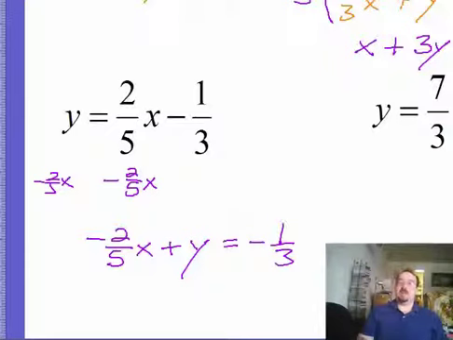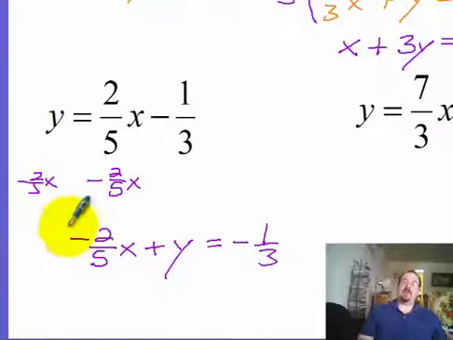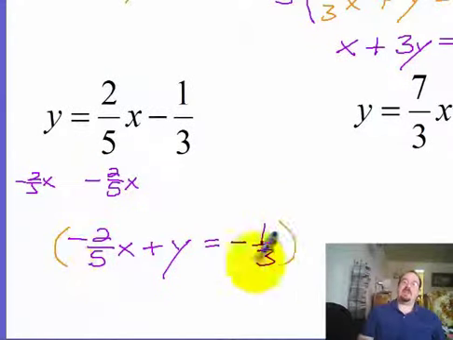Now, for this problem, I have two things I need to get rid of. I have to get rid of a 5 and a 3. If I find the least common denominator and multiply by that, that'll get rid of both. So what is the least common denominator of 5 and 3? In other words, what's the smallest thing that I could change both of them into? Well, I think it's going to be a 15. So if I multiply everything by 15,